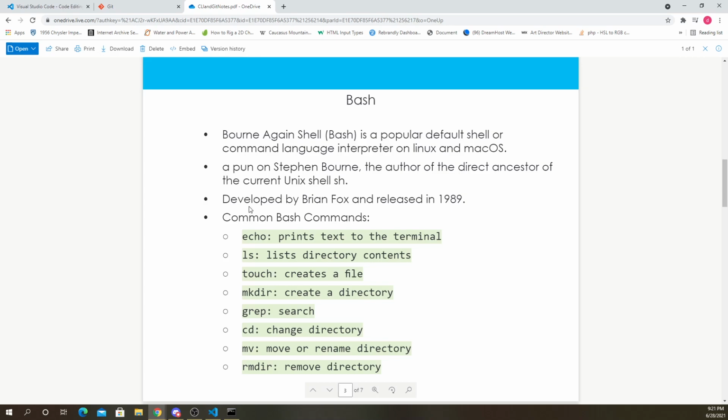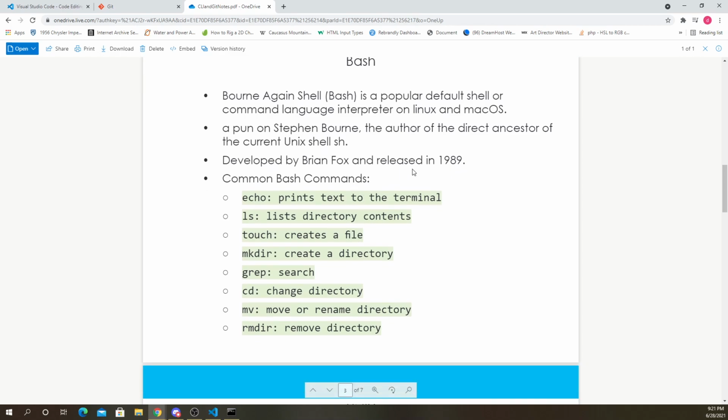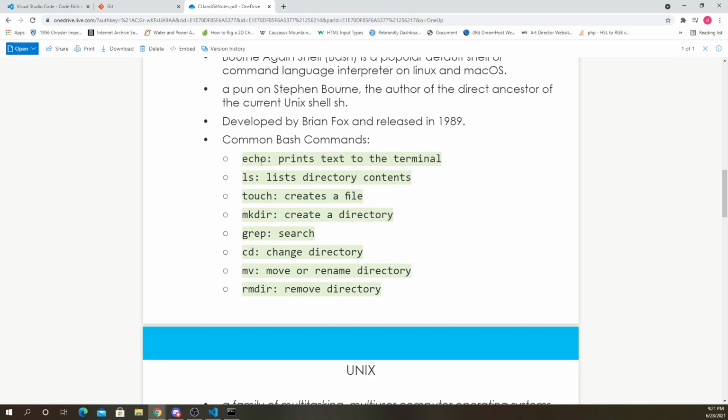So shell was the old shell language, and bash is born again shell, named after Stephen Bourne. It was developed by Brian Fox and released in 1989, and these are some common bash commands. If you type echo, it's going to print text to the terminal. So why don't we try some of these just to get some practice.